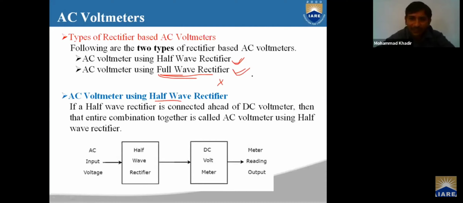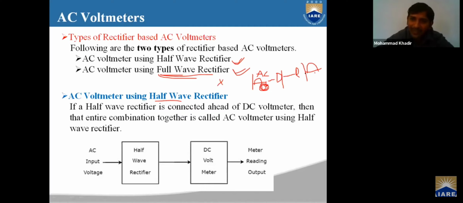If you give one continuous AC signal to the diode, then the diode rectifies the negative peak. The output will be generated only for the positive peak. It converts AC into some amount of DC, meaning the negative peak is totally made zero. Half of the AC will be removed, rectified.